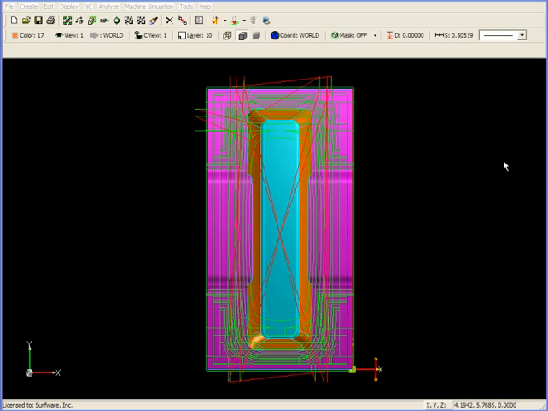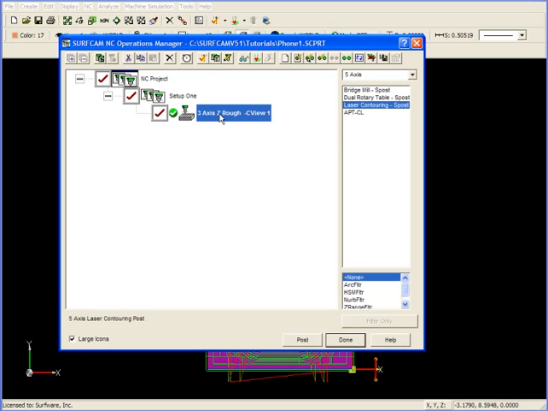If we look at a top view of the part we just cut, you can very clearly see the entry passes for the tool along the side of the part boundary. This means that the tool is plunging in air from outside the part before moving inward. I'd like to show you another thing by going to the Operations Manager and regenerating the tool path with original